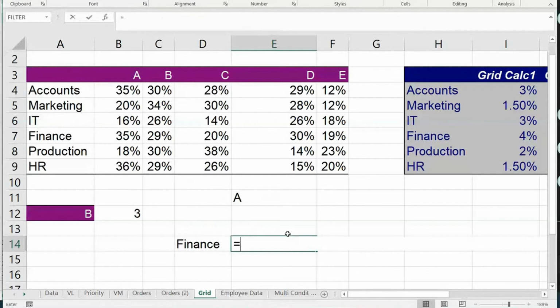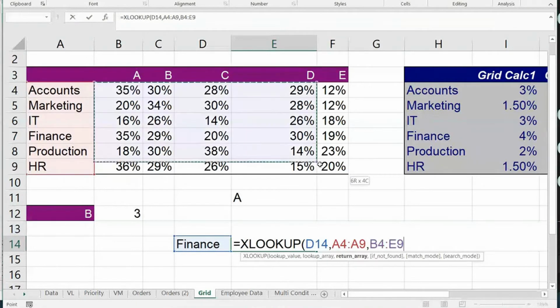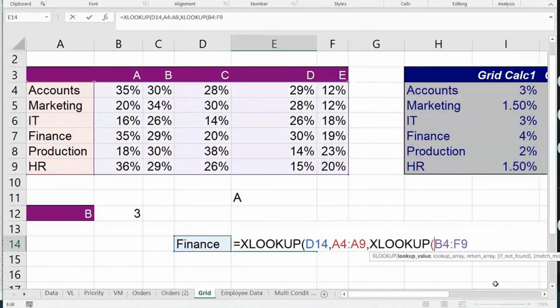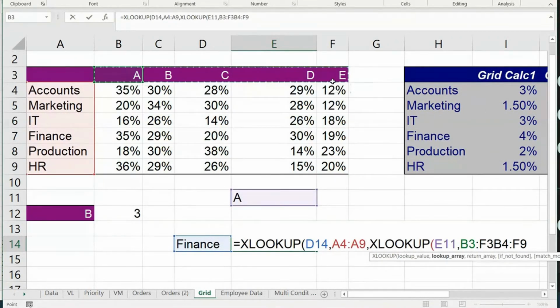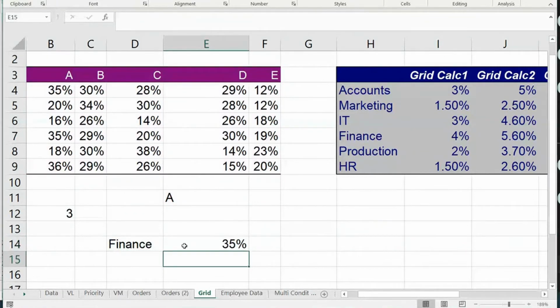Look at this. Equals to XLOOKUP. Lookup value is this, comma. Lookup array is this. Guys, very simple. Look at this, comma. Return array is the whole table. We don't know where our data is. So I'll write one more XLOOKUP here. I'll go in the beginning. I'll write, hey, XLOOKUP also search for the grade, comma, and in this grade row. And rest all is same. So that's it. See, I'll just close this, close two, enter.